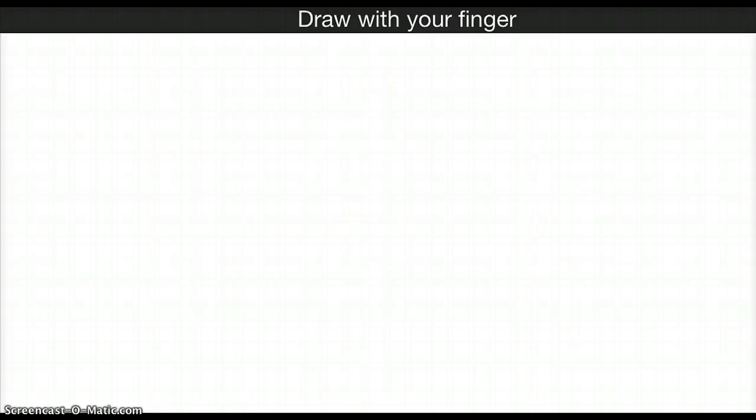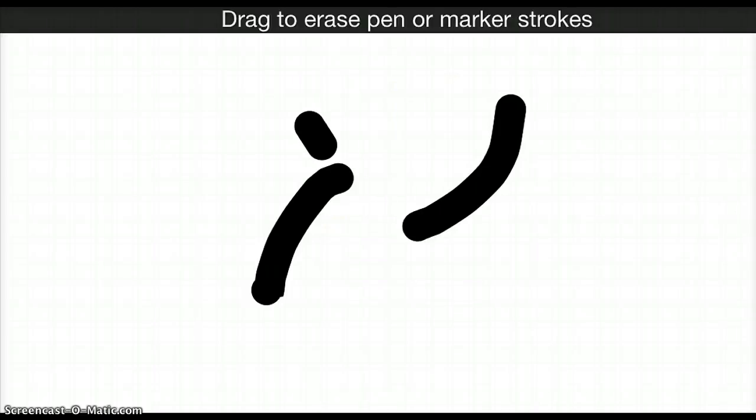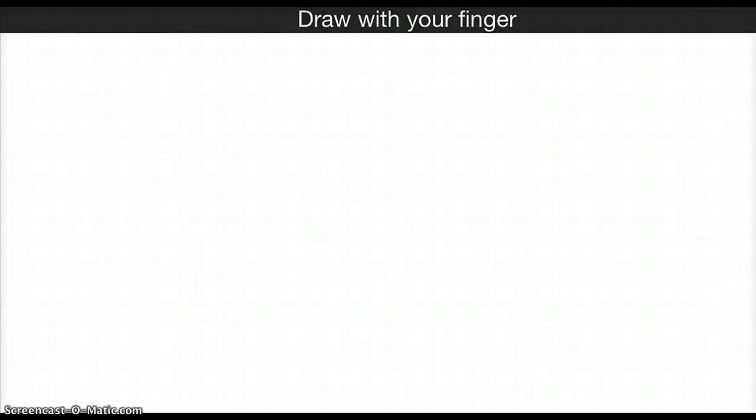So the first letter is, of course, Aleph. And to do that, you want to draw a line diagonally from left to right, and then a little arching line going to and coming from that middle line. This is the Aleph. Erase it here. The second letter is a Bate,